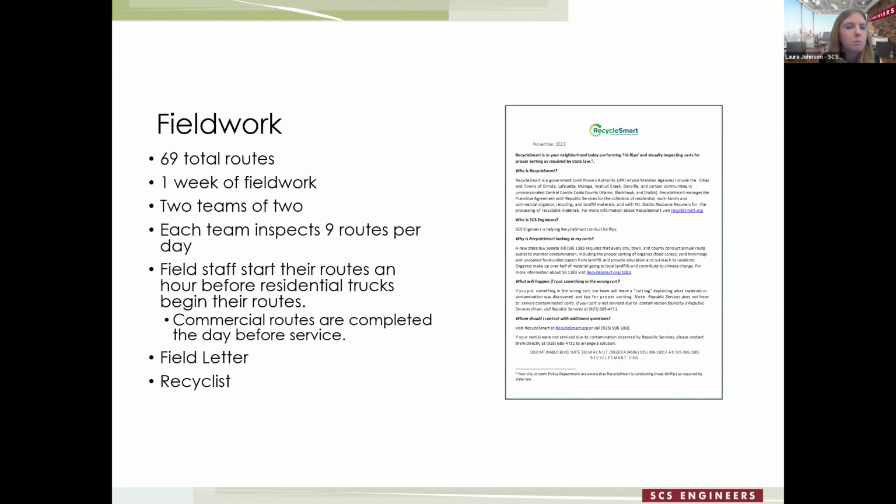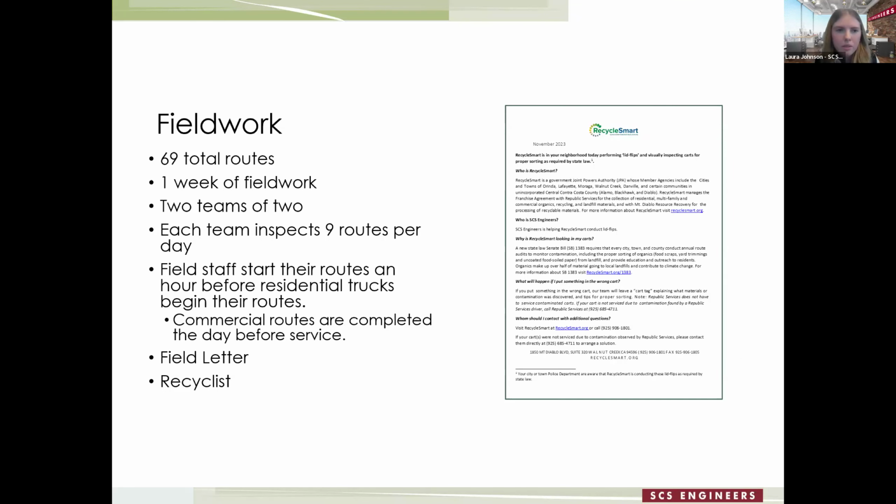And then for commercial routes, we actually do their inspections the day prior to servicing. For Recycle-Smart, Republic Services is one of the haulers, and they start their commercial routes around 3:30 in the morning. So instead of trying to go at 2 o'clock in the morning, we actually are doing it the day prior. And that hasn't been an issue so far in terms of access. Most of the time, these bins are stored in the parking lot and we can still get into the bins just fine. And you still have plenty of material to view typically because it's the day prior.